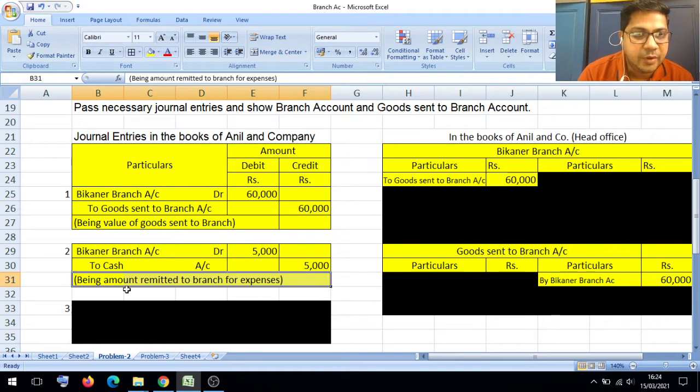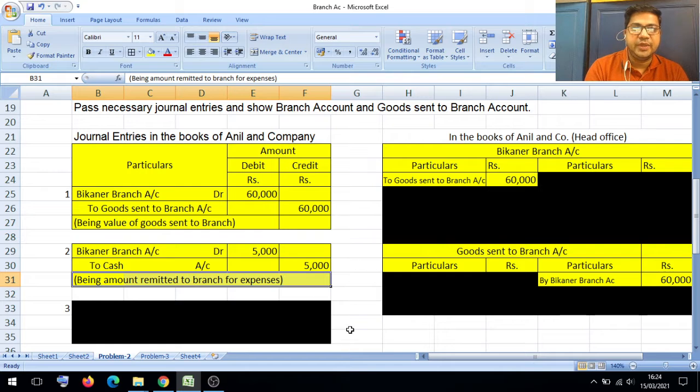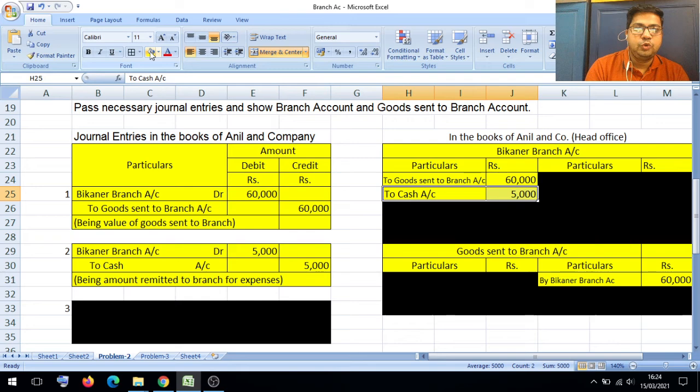So being amount remitted to branch for expenses. Payment remitted means payment to the branch for expenses. This particular entry we will post to the Bikaner branch account debit side, to cash account. Then friends,